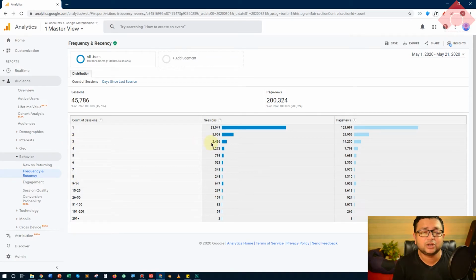And the same is true for the third count of session. There were 2,436 sessions created, which were basically the third visit of that user, okay? Right now I am considering one visit equal to one session, which may not always be true, but let's assume that fact and move forward, okay? So for the fourth visit, you will find that 1272 sessions were created, which were making their fourth visit to the website, right?